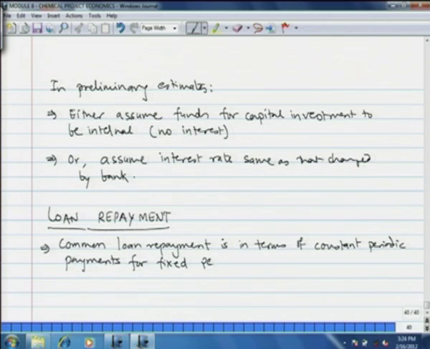These are also known in many cases as EMI, equated monthly installment, when the period of payment is 1 year. The total payment is constant, however, the principal balance decreases with installment. The interest portion of each payment is smaller than the previous, while the principal portion of each payment is larger than the previous. So, that point we note,